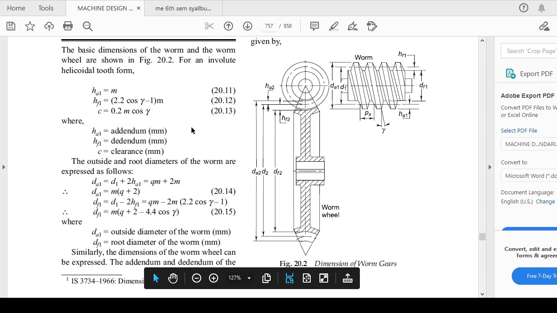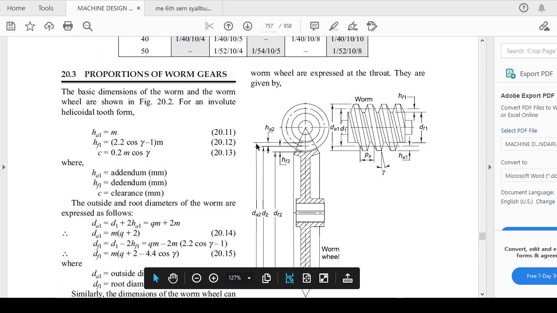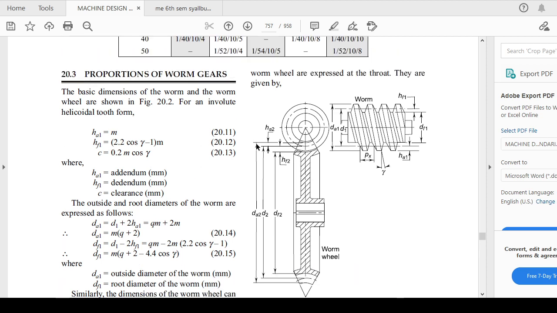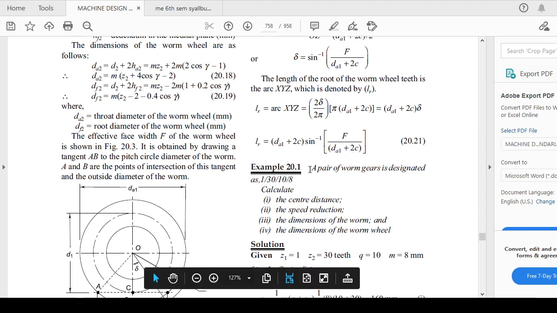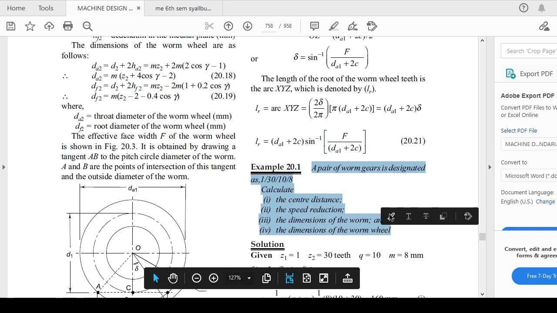I am not focusing more on this because all these parameters you can fetch with the help of your design data book. Okay, you should not remember these formulas, you can get all these values in your design data book. So go through your design data book and see on which page number it has been mentioned. So whenever you are solving such numericals, you can also try to solve the numerical on the basis of this. Okay, I am giving you one numerical, just practice if it is possible, and in the next session we will try to cover this numerical and jump to the force analysis of worm gear in the upcoming sessions.